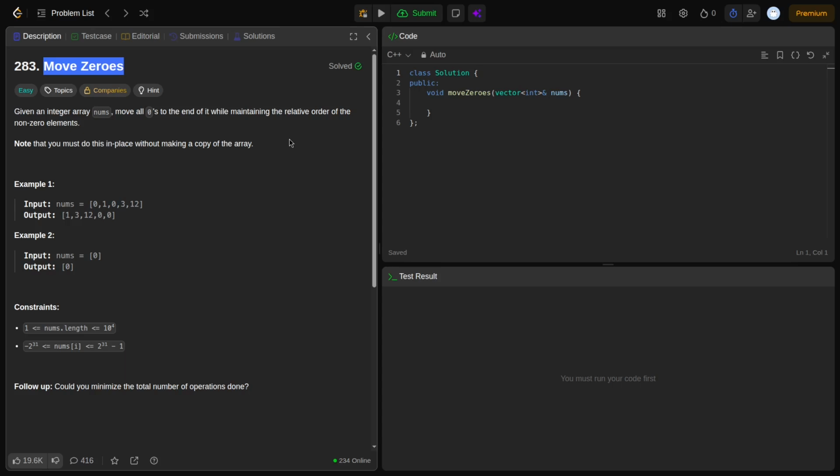First we start with the brute force approach, in which we take a vector so that we can store the non-zero values in it, and it will be a temporary vector of size n, where n is the size of the vector. So first I will take the size of the vector, that will be nums.size(). Now we'll take a variable j equal to 0 to keep track of the index in the temporary vector. So we loop over the vector from 0 to the size of the vector,